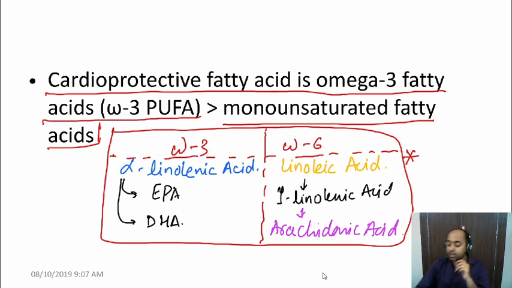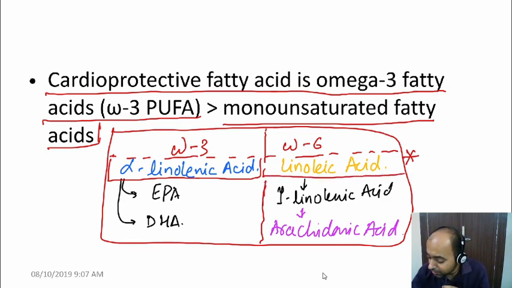But if you are able to mark two, remember linoleic and the alpha linolenic, both are required to synthesize the full spectrum of the essential fatty acid. So unless you have both, you cannot synthesize all of them. So linoleic plus the alpha linolenic acid. Now because we have the gamma linolenic acid which can be obtained from linoleic, if you have to choose one, the linoleic acid becomes the better answer. But if the option says linoleic acid and the alpha linolenic acid, obviously that is the best correct answer.